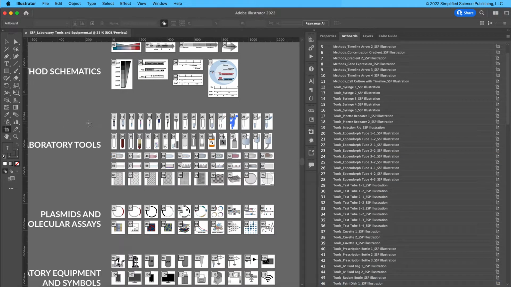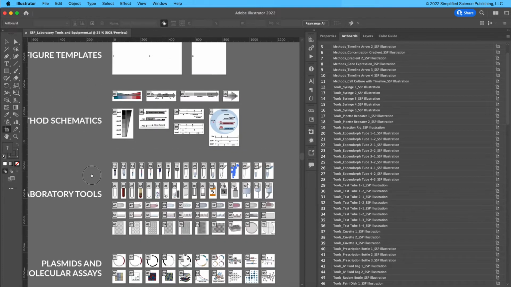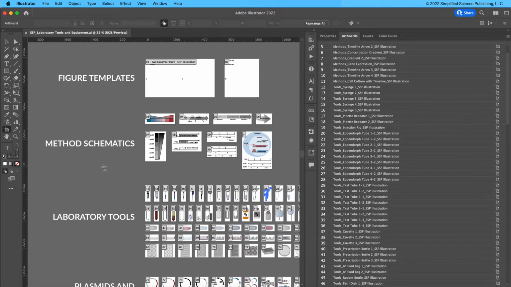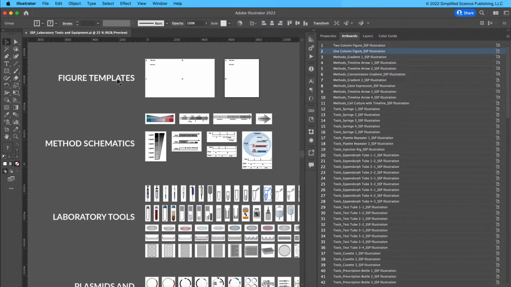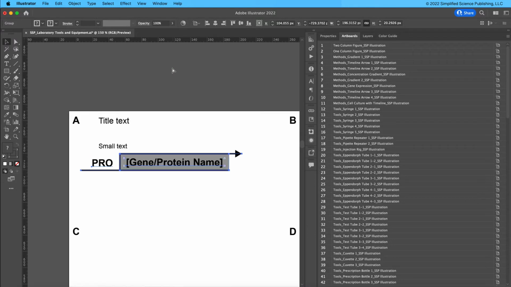So let's do a brief review of all of the artboards on this file, where it starts with 2 figure templates, one that is a 2-column figure width and one that is a 1-column figure width. You can use these to then create a copy of this file, and if you're creating some sort of figure that includes methods, maybe you'll be copying and pasting some of the assets here to create your own